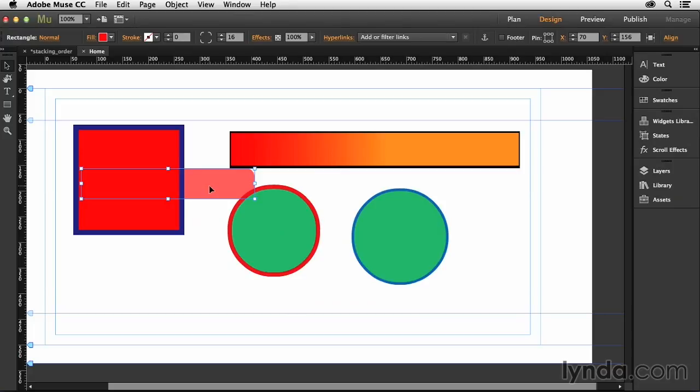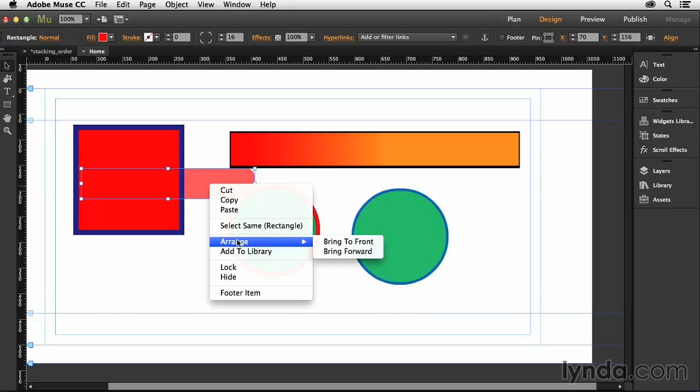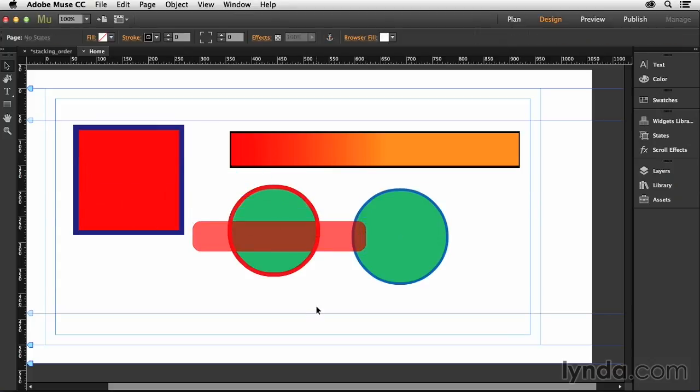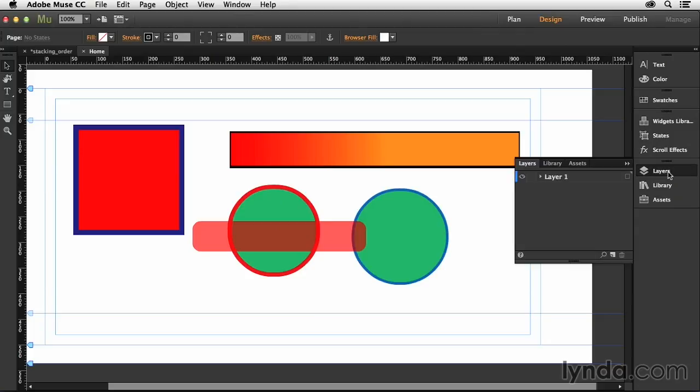If you want to bring it all the way to the front, right-click, choose Arrange, and choose Bring to Front. That's going to bring it on top of everything on the canvas once again, just like it was when we started. Now, in addition to just generally manipulating the stacking order, you can also use layers inside of Adobe Muse,